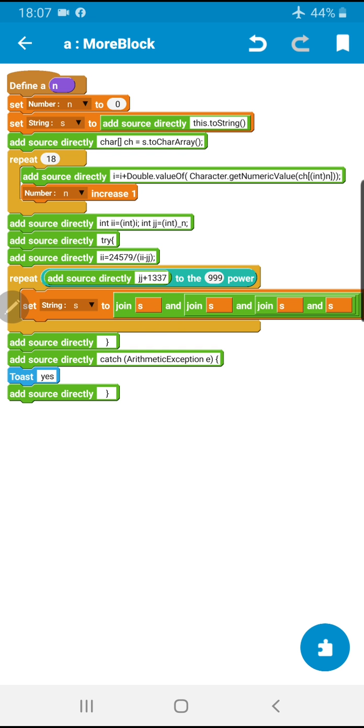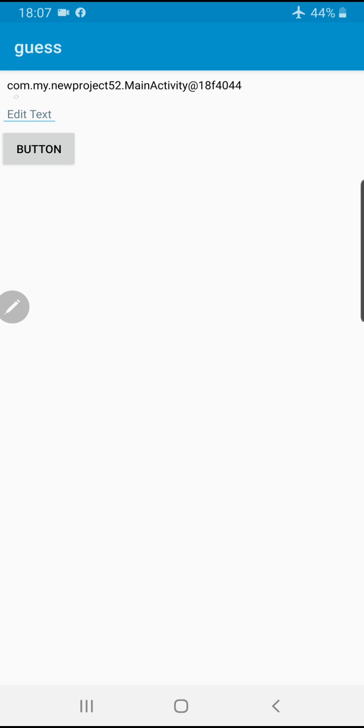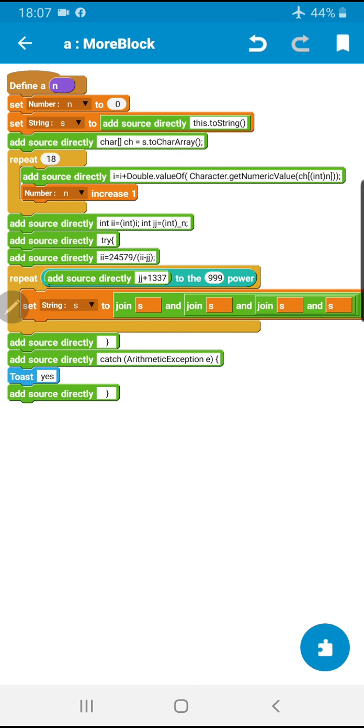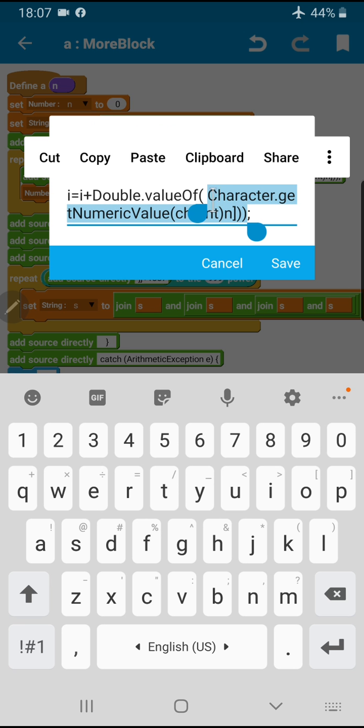So then in a loop, which is 18. Why did I choose 18 as a number? You have to see that here, com.mynewproject52, the length of my package name is 18. So, of course, here I put 18 because I just want to work off my package name. And I take, in this package name, each char here, and I use